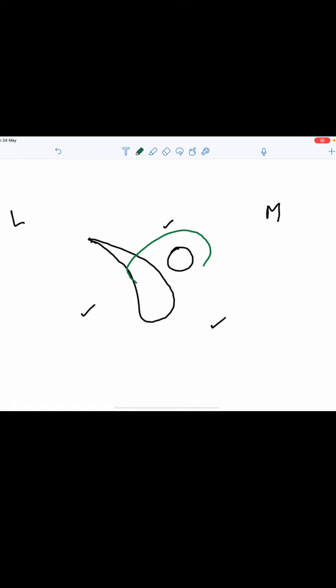The superior orbital fissure is divided by a common tendinous ring into three parts. This common tendinous ring is known as the common tendinous ring of Zinn, and it divides the superior orbital fissure into three parts. So this is the medial part. This is the intermediate part, and this is the lateral part.